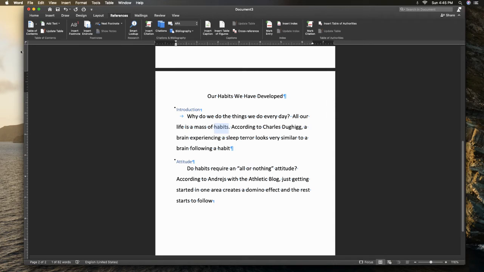And then the next item, the third area that I said we would look at today, was citations and bibliography. Within my document here, I have "according to Charles Duhigg," and notice I don't have my period here. I'm going to need a period at the end of my sentence. At the end of this sentence is where I would be putting my citation in, but I want to always make sure that I'm doing that in front of the period. So if I click here and then go up to insert citation,